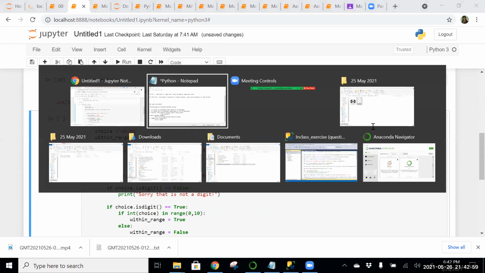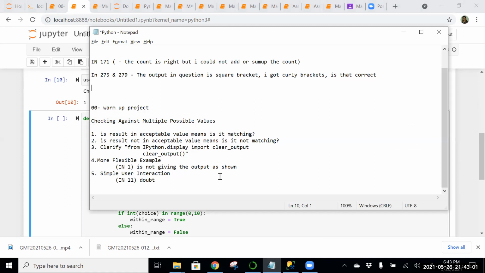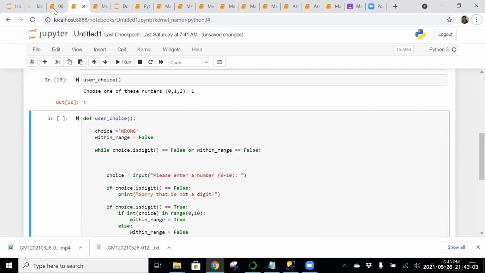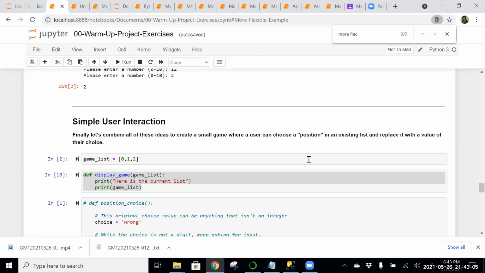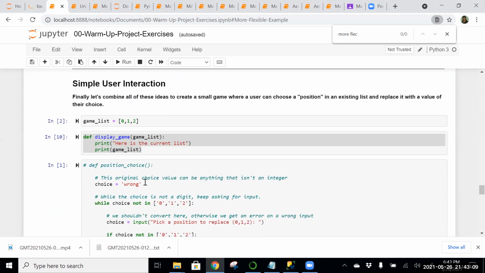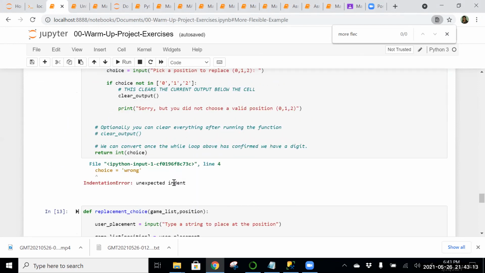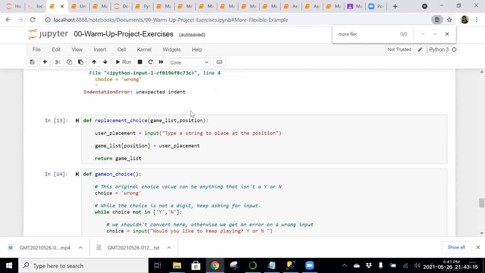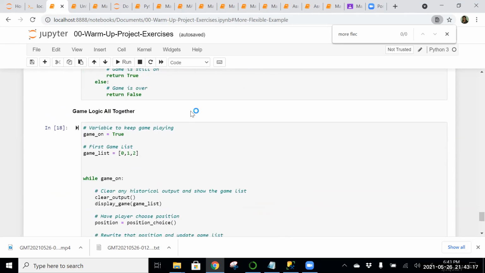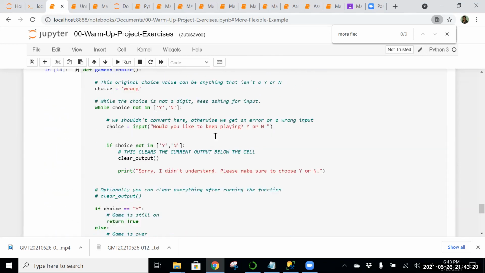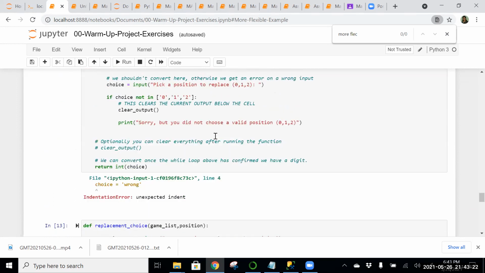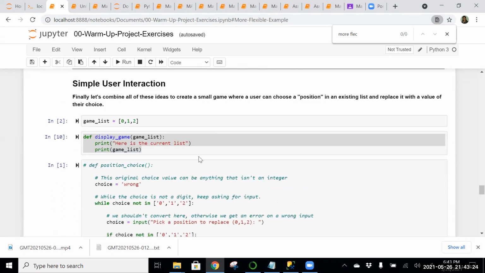And one more thing. I have a doubt with simple. The entire part, I couldn't get it. So here the output shows like... I think I did something with this page.